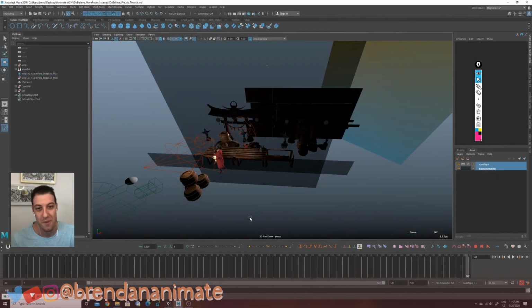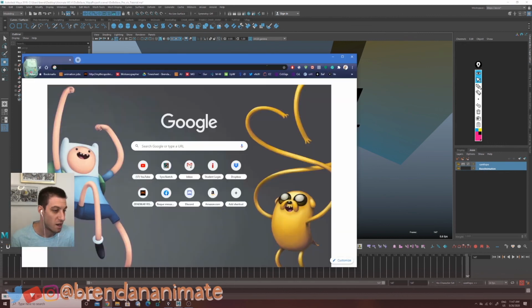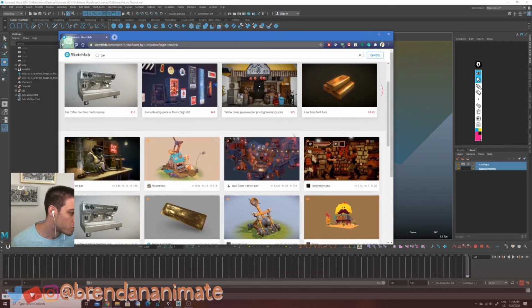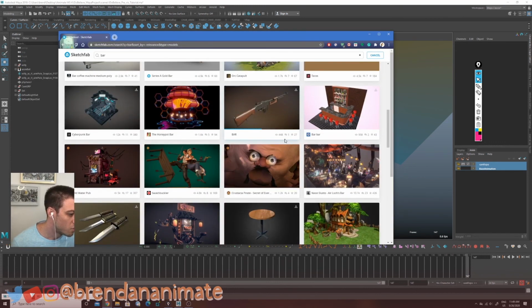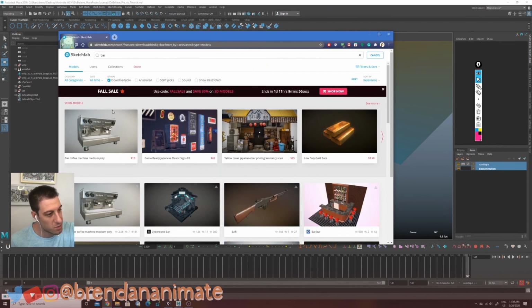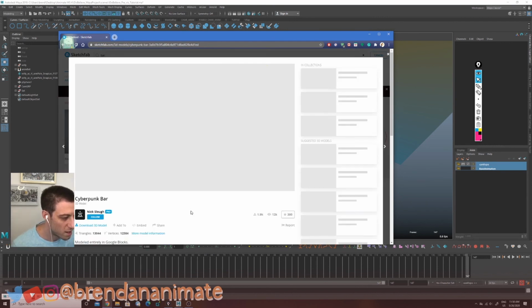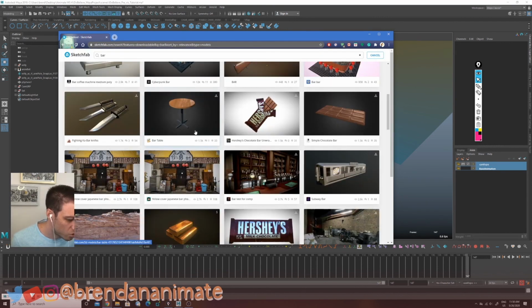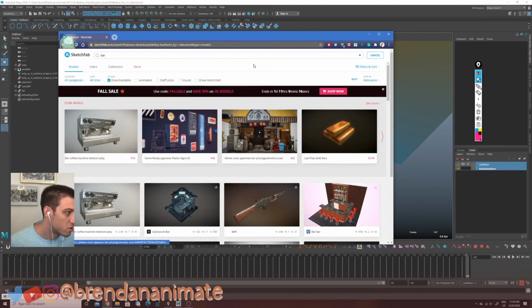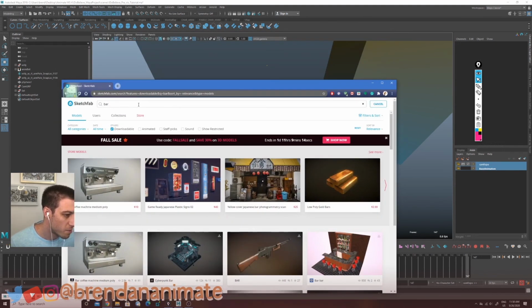I don't usually model anything, so where I find all this stuff is a website called sketchfab.com. A lot of people just showcase their work here and they don't make it downloadable. So you need to make sure that you hit this downloadable tag, and then it's going to filter through what you can download and what you can't. Something you might want to do if you're not finding what you want is go for specific things. So if I put in pirate ship,